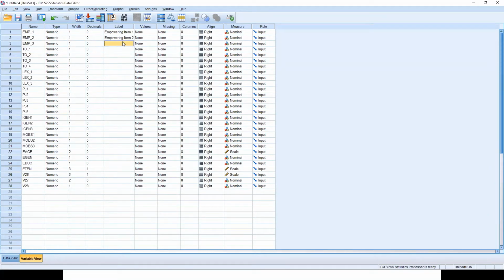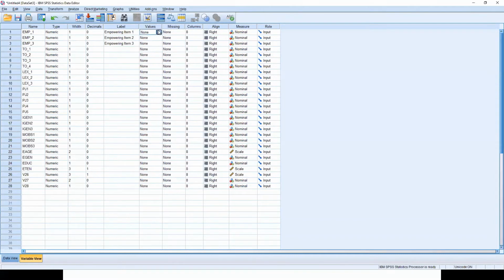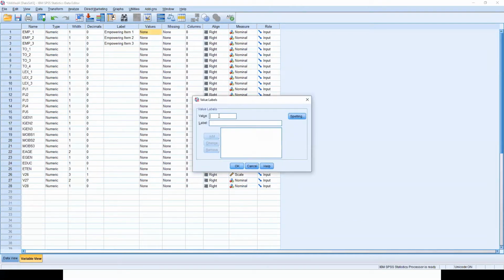Then empowering item 3 and so on. Values, well, it ranges from 1 to 5. So 1 is strongly. This is also something that you can do. It is not necessary. Even if you don't do this, it is completely fine.